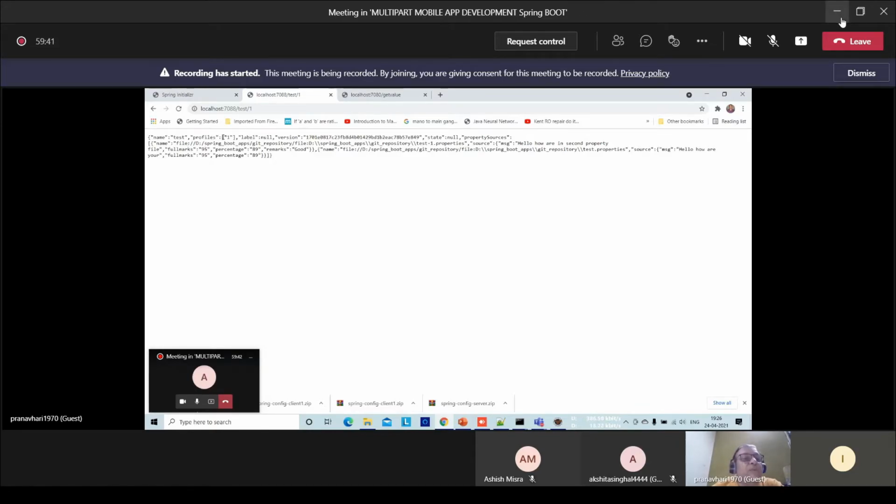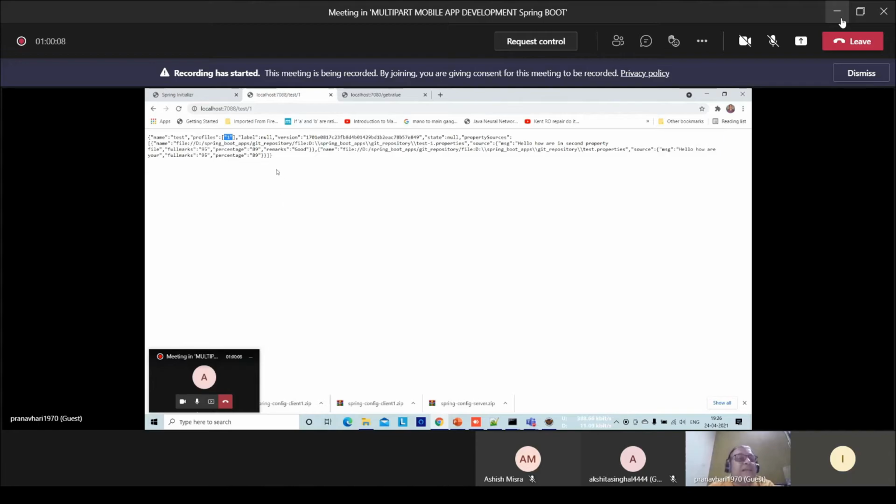Here the profile is what? 1. ठीक है? In a file name, if there is no hyphen or something like that, then in that case, the profile will be default. So the naming of files has certain rules.